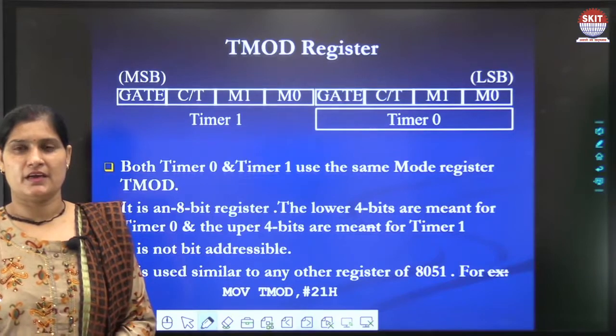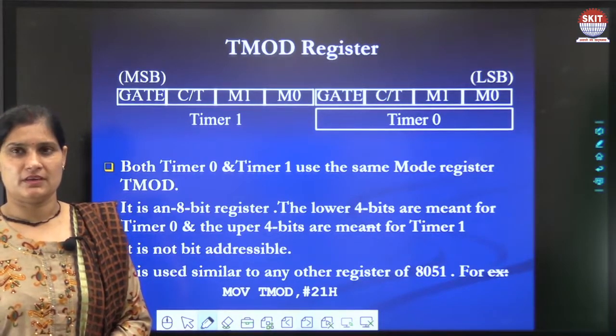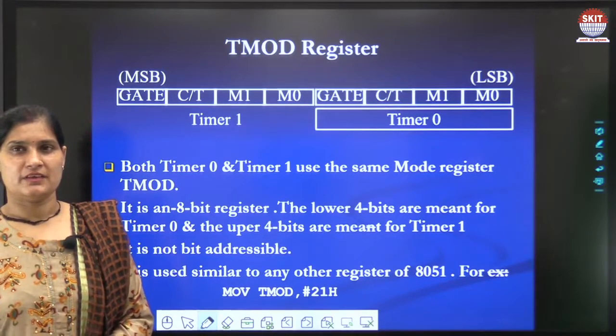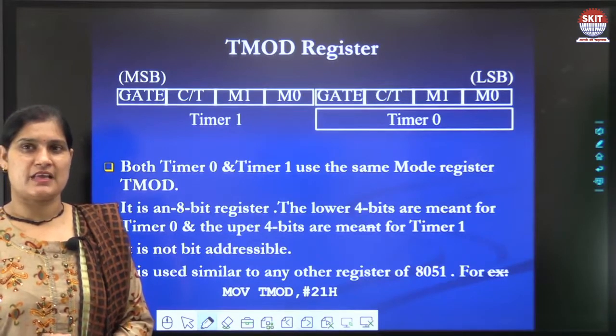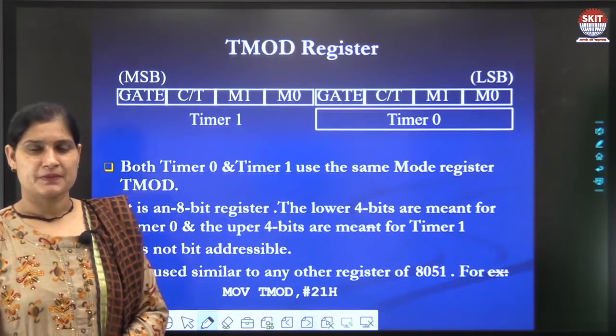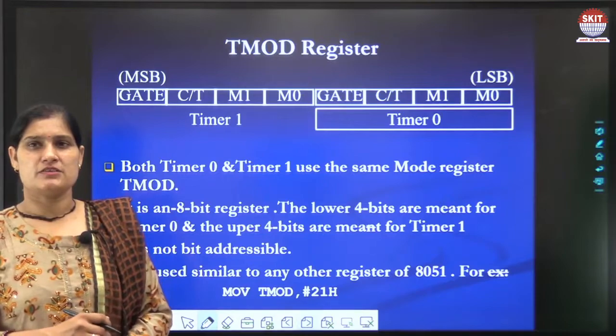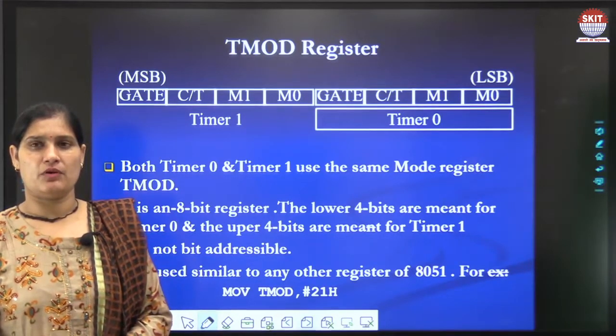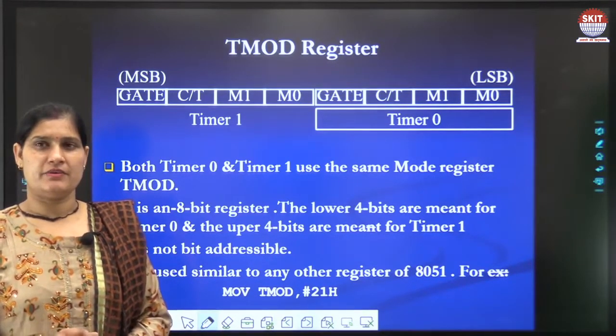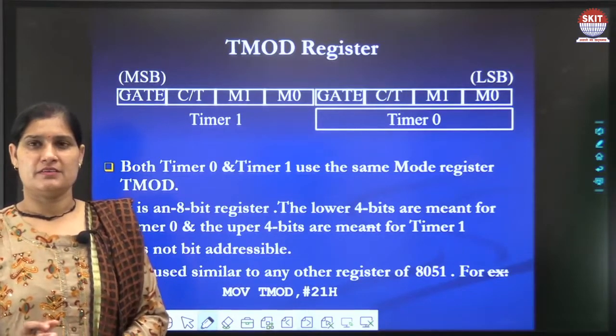There are 4 modes in which the timer can operate. So this register is used to select the mode of the timer, meaning in which mode the timer is working.